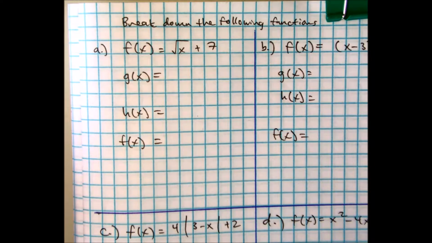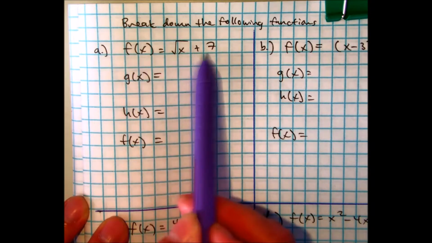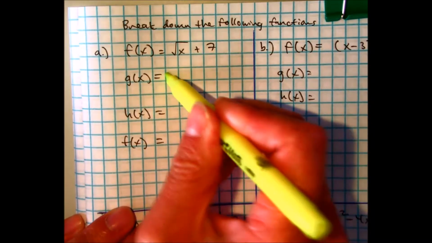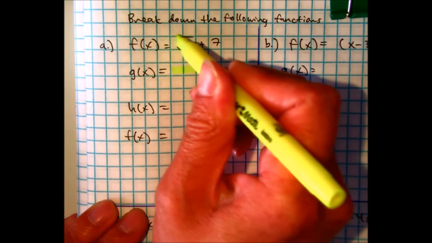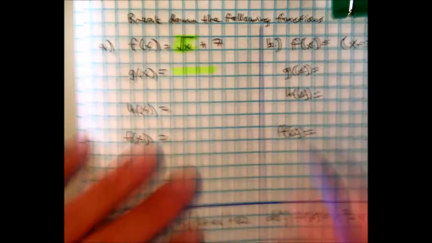Here, they're going to break down the following functions. So in this example, our more complicated function is f of x. And I want to break this down, okay? All right. So I'm trying to think to myself, what can I make g of x? If I make g of x the square root of x,